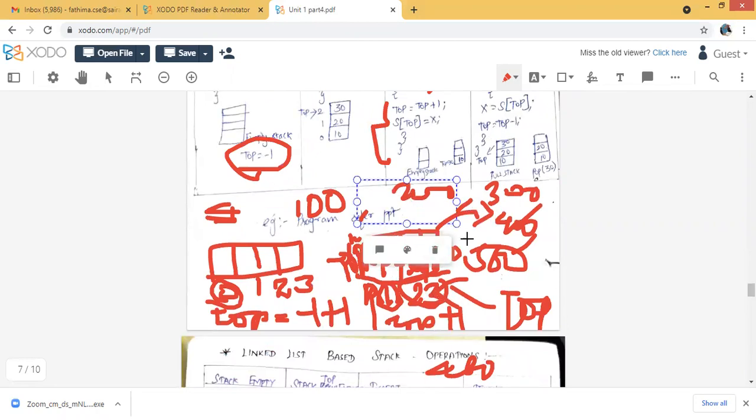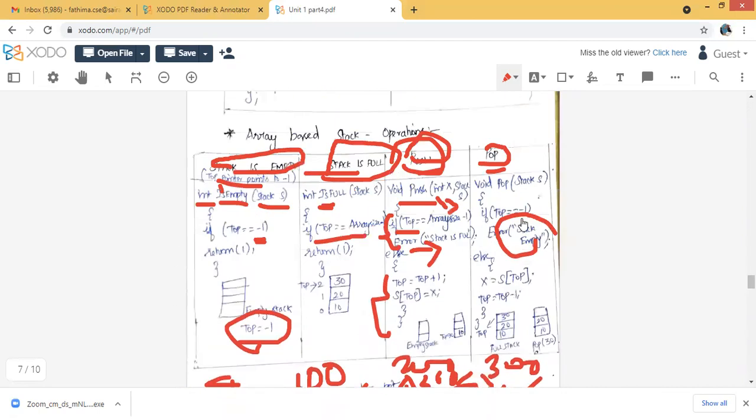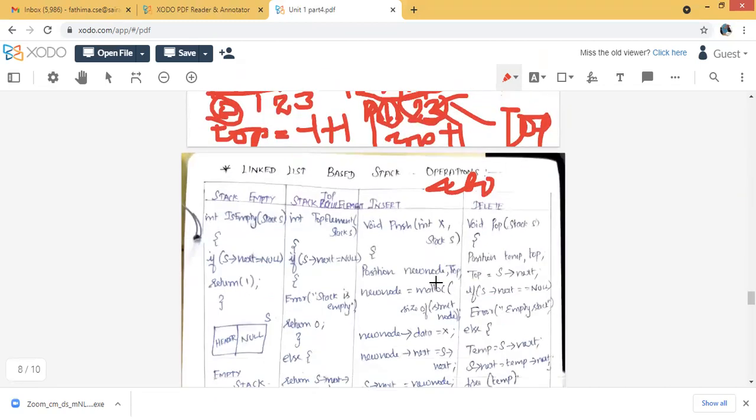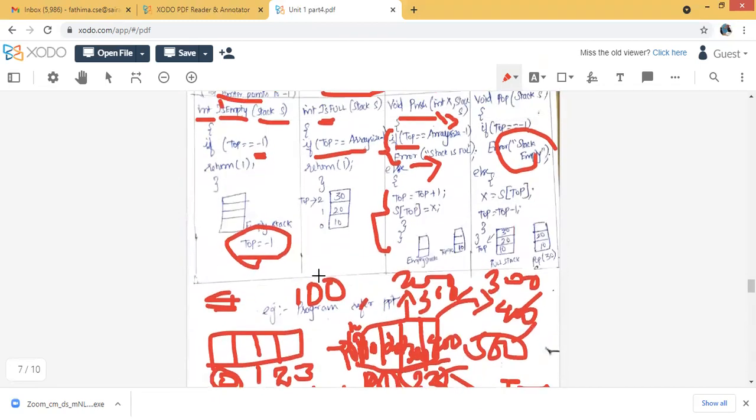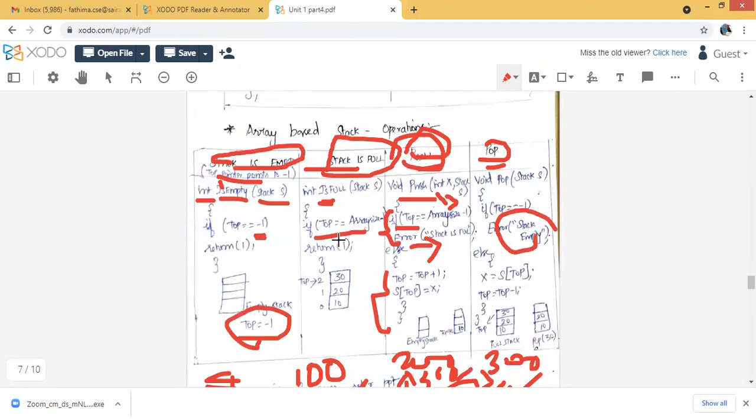Now my top points to index 2, where 300 is stored. Like that, it is decremented by 1 and reaches the condition top equal to -1. At that time, it will throw the error that the stack is empty. So this is the concept of array-based implementation of stack.